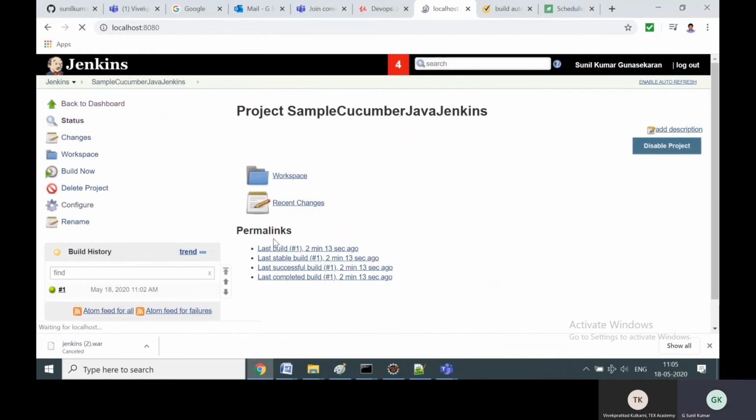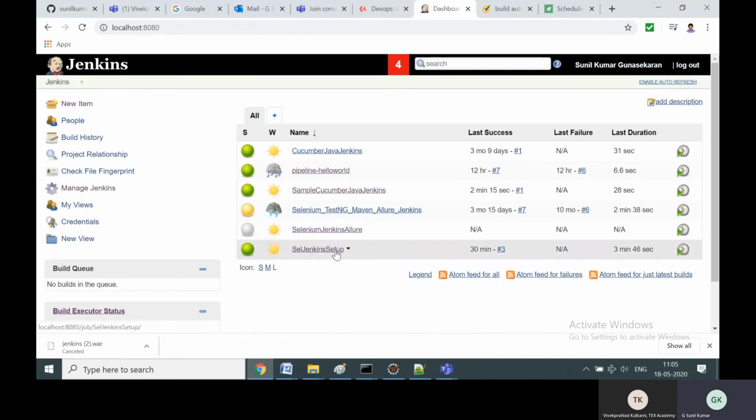So guys, we have seen two Jenkins jobs: the Selenium Jenkins setup for a Maven project, and the Selenium sample Cucumber Java Jenkins job for a sample Cucumber Java project. The Selenium Jenkins Maven setup is tougher, involving more plugins and more configurations, and that is what is expected in a client place. In my client place, I run around 1 lakh test cases, with 85% the same setup. Only the number of jobs is 5, and the jobs are interlinked also. The number of test cases is like 500,000. So only the magnitude is increased.